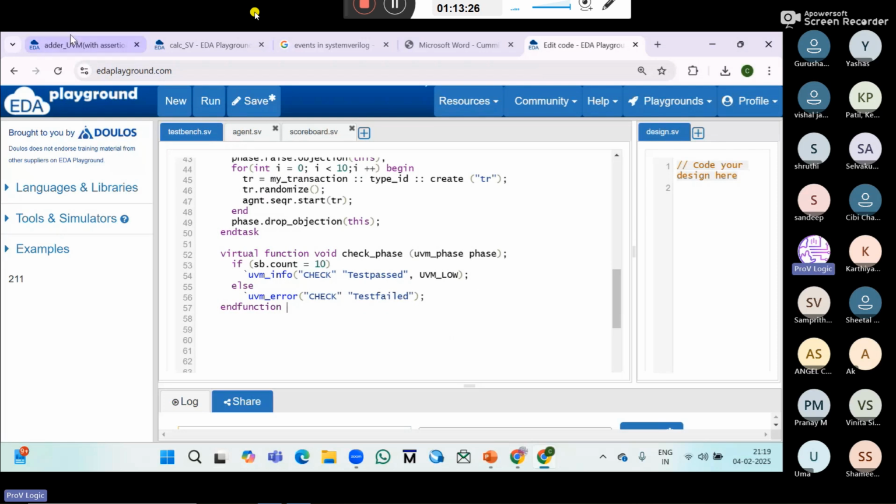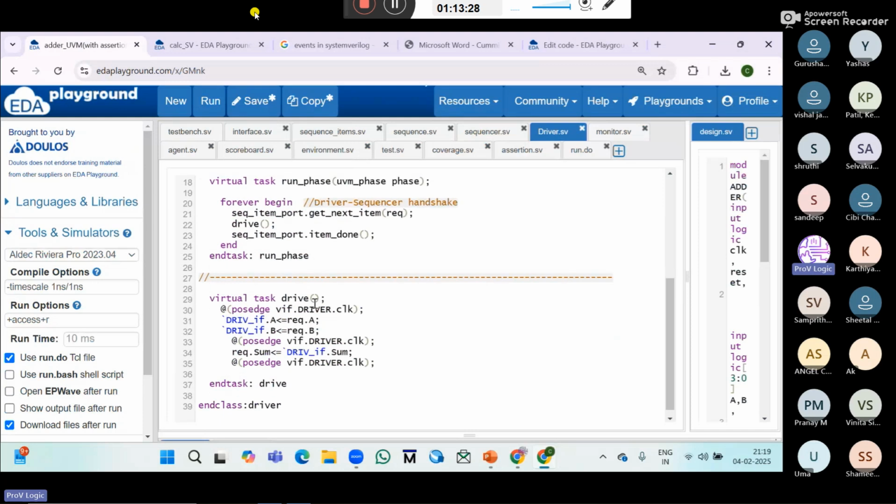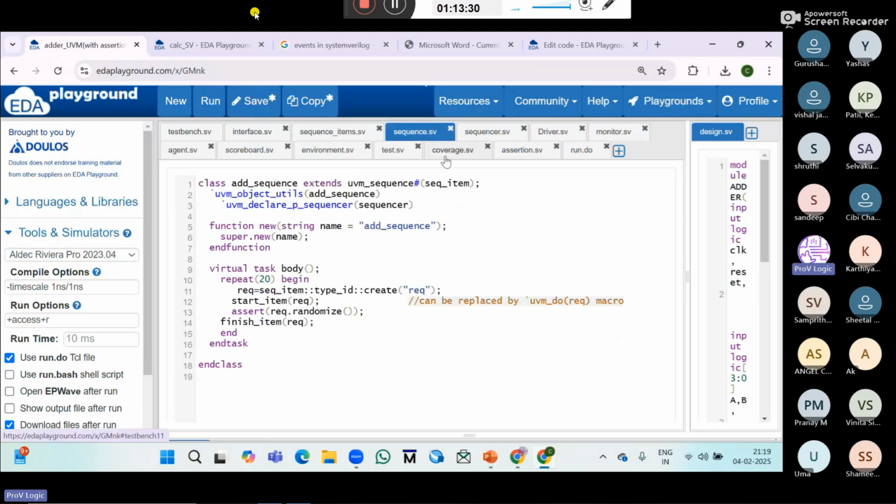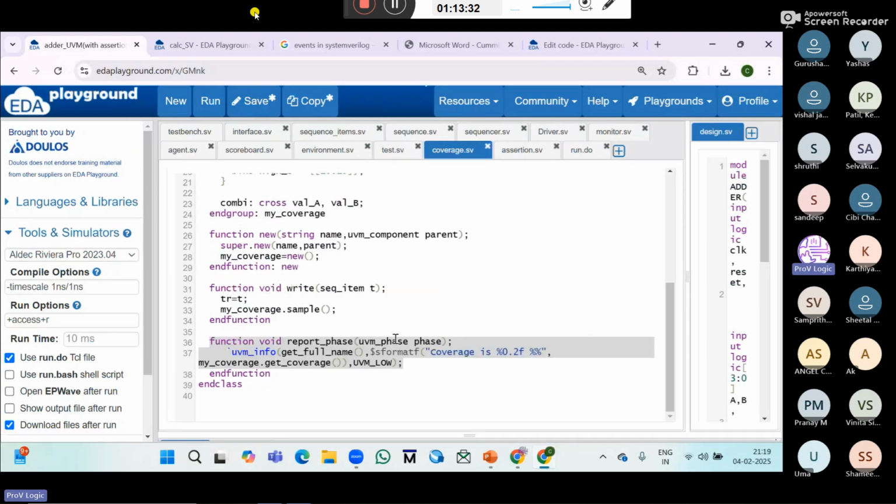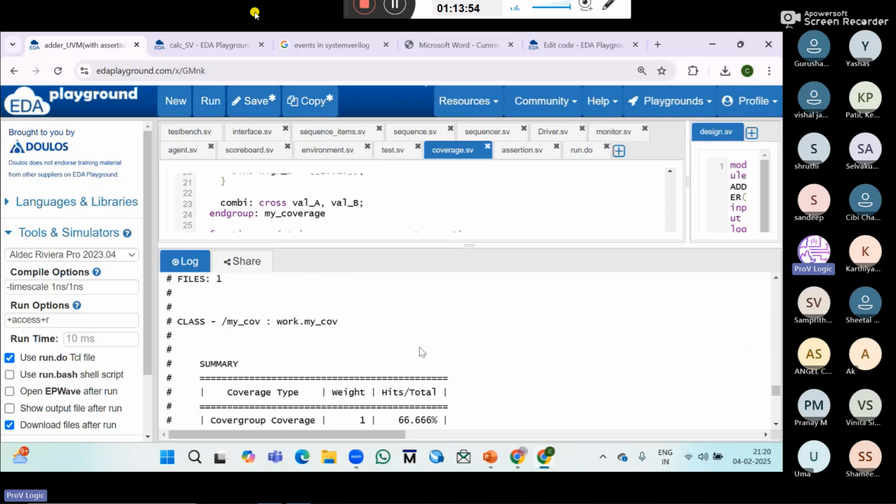Report phase I already showed you here, right? For coverage, how the report is getting. The same function void report phase, UVM info, get full name, which is written in the config DB. That data will be obtained in the report phase. Report final test. Next, final phase: clean up resources or test completion. It will be checked in the final phase, but it's not required. Okay,